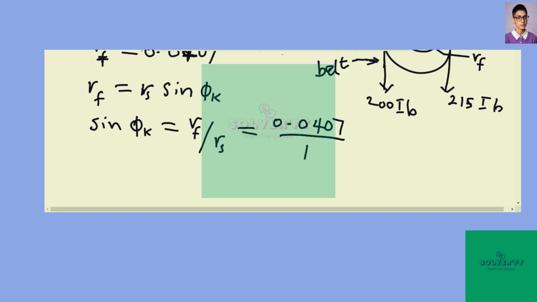So when you plug in your value, you get 0.0407. If you take the arcsine of this value, 0.0407,